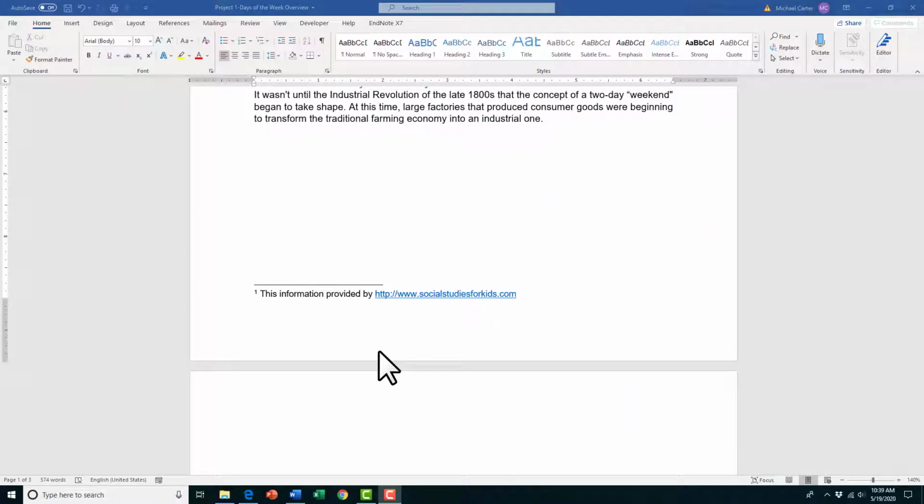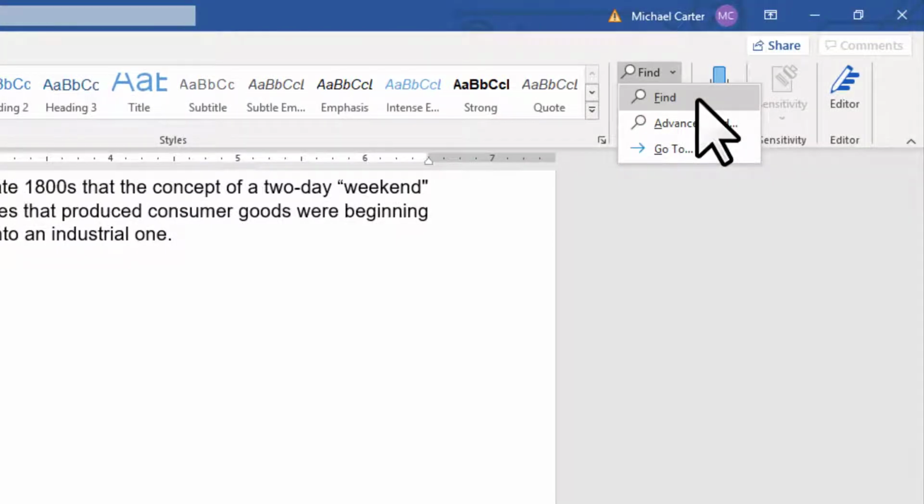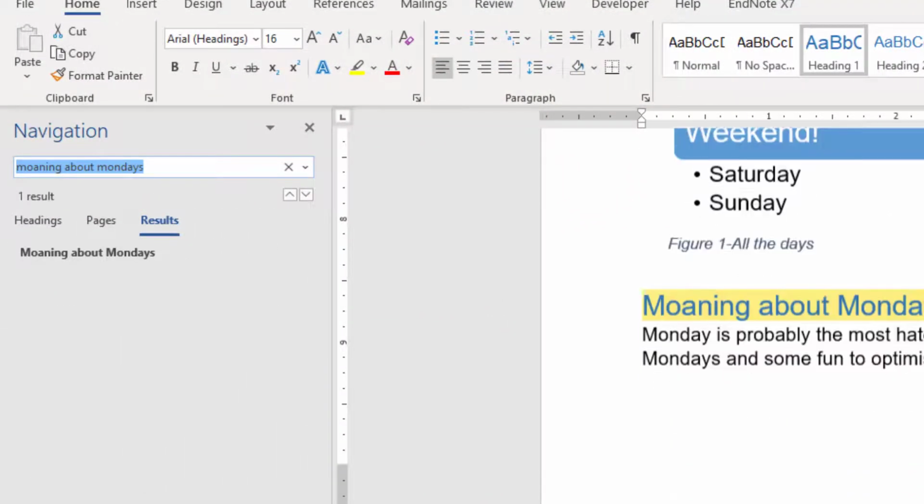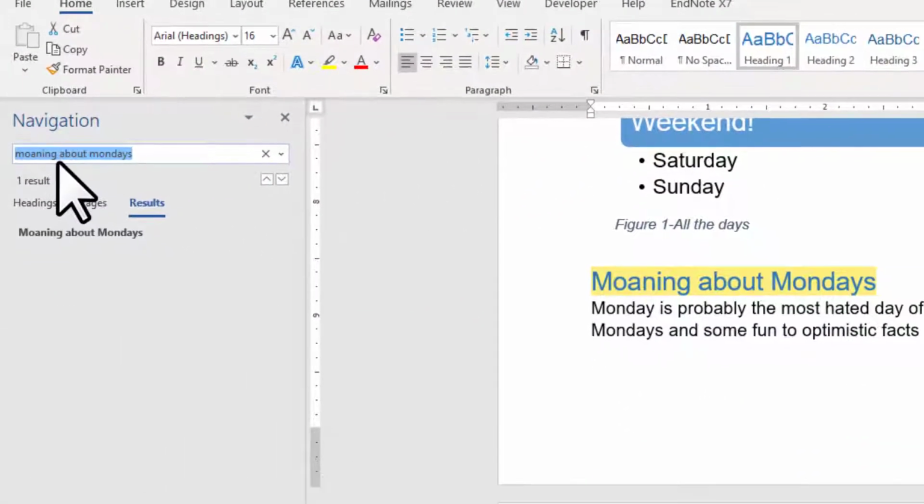On your exam, you might be asked to not only find text in the document, but also add a bookmark to it so that we can easily find it later. And I'm going to take you through the first part of that right now. So we're going to go to the Find drop arrow in the Home tab, and then click on that. I'm going to choose the Simple Find option, and we're going to look for the heading Moaning About Mondays, and